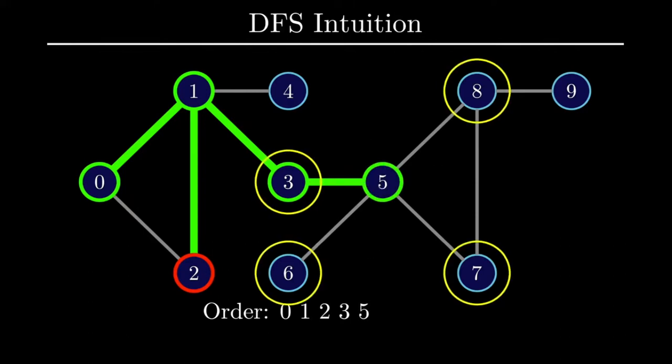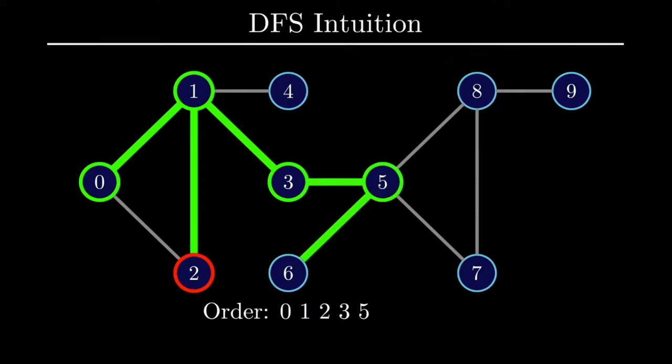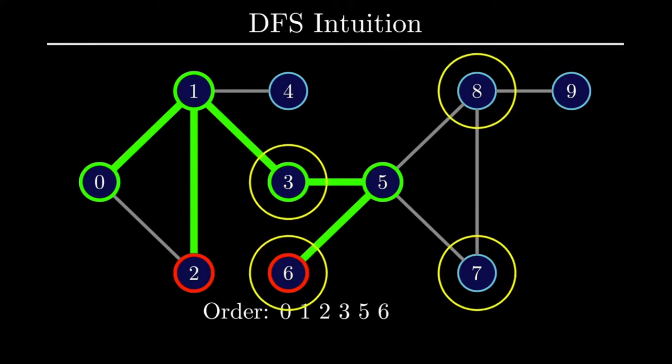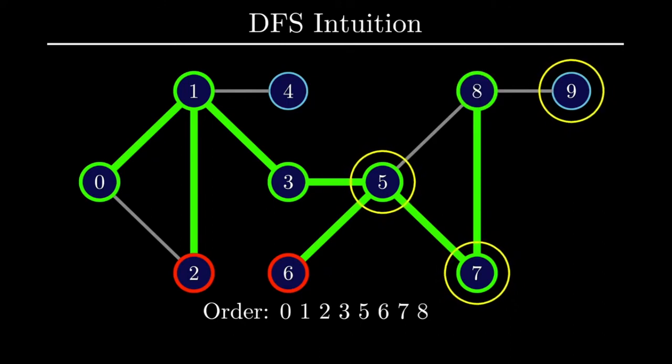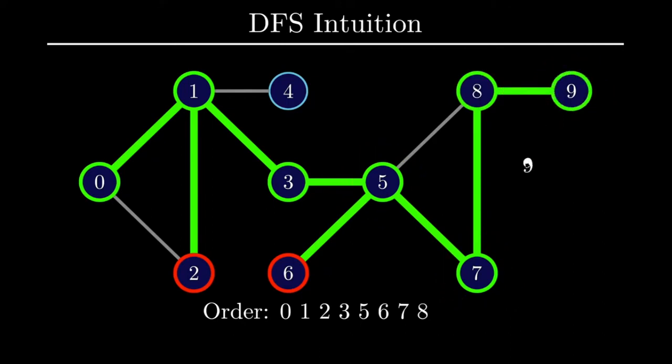From vertex 5, we have a few options on how to continue traversing the graph, and let's go ahead and pick vertex 6. At vertex 6, we've now reached another dead end similar to what happened with vertex 2, so let's retrace our steps back to vertex 5. From vertex 5, let's say we pick vertex 7 as the next node we visit. From vertex 7, the only path forward is to vertex 8, and from there, we again have only one choice leading us to vertex 9. At vertex 9, we've now hit another dead end, so let's go back to vertex 8. Now what's different this time is that from vertex 8, we have already explored everything there is to see, so let's retrace our steps once again.